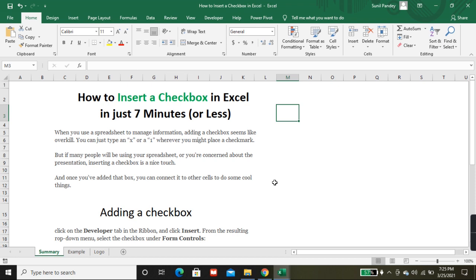But if many people will be using a spreadsheet, inserting a checkbox is a nice touch. Once you have added that box, you can connect the cells to other cells to do some cool things. So we will see with an example.